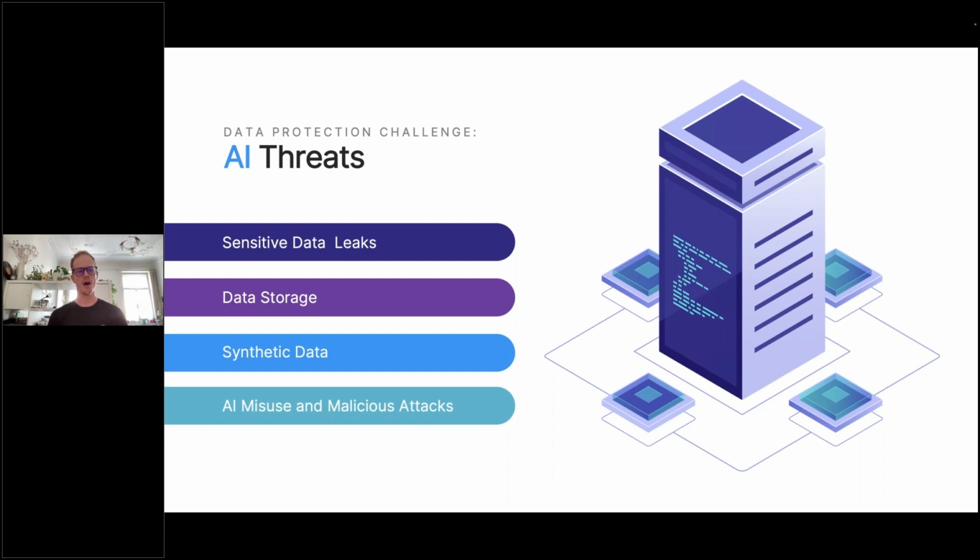Synthetic data, this is actually a pretty interesting one. A lot of times you're using AI to help you with something and you need to create maybe some sample sets of data for this, that, or the other. And by doing that, you could also be flooding your system with, let's say, false positives could be a good way to put it, or just, again, bogus data.